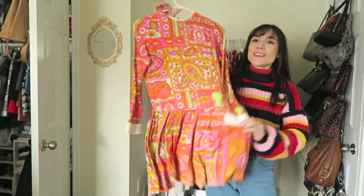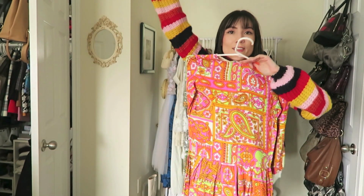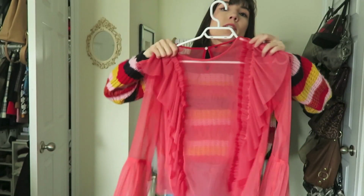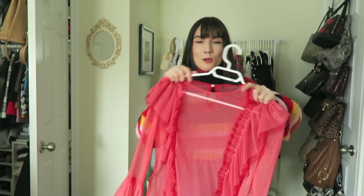Another great piece. I haven't had a chance to wear this either. I got this at the end of the season last year, and it is just everything. How do we feel about this? I wore this to the Glossier pop-up, and it was super cute with the outfit that I wore it with. Love the little ruffles, but I don't think I'm gonna get that much wear out of it anymore, so I'm kind of...